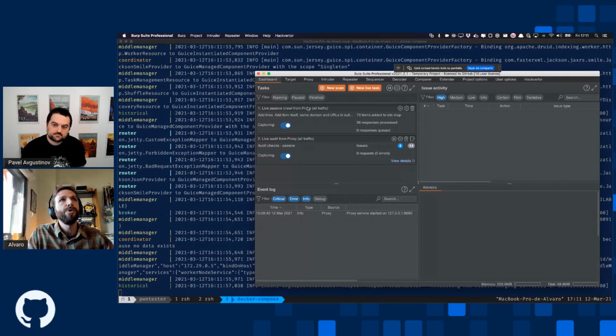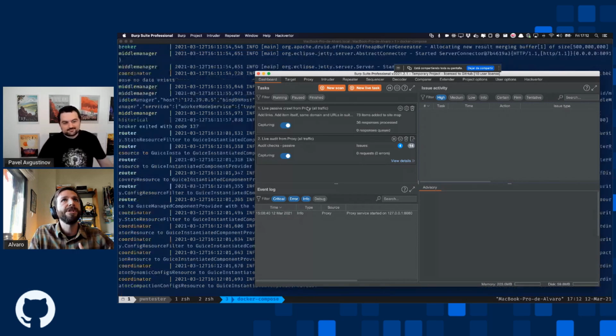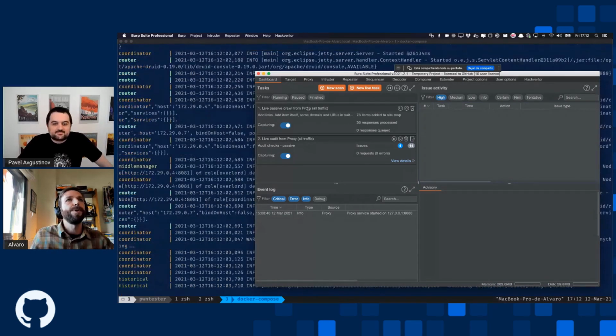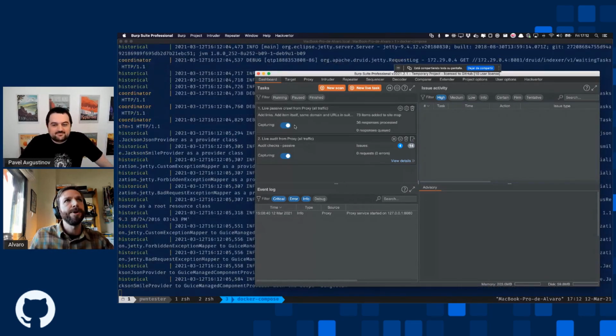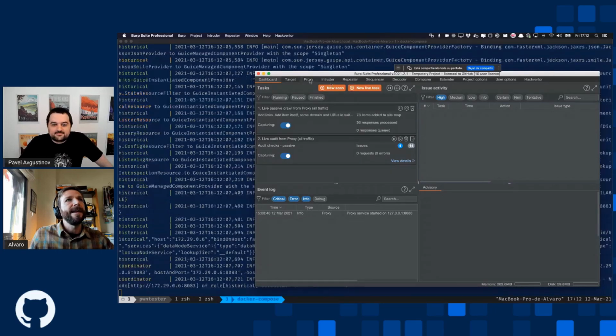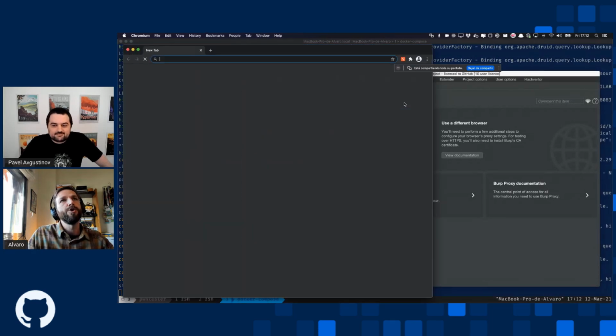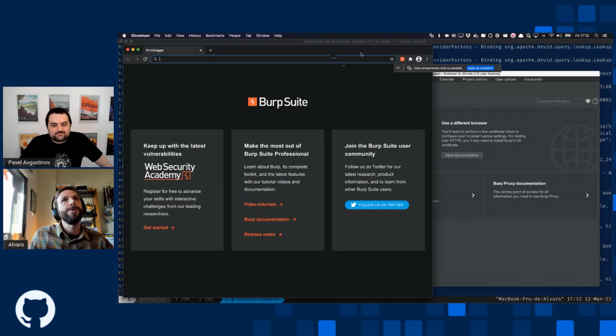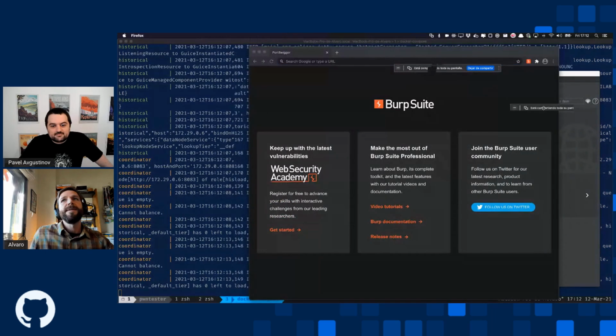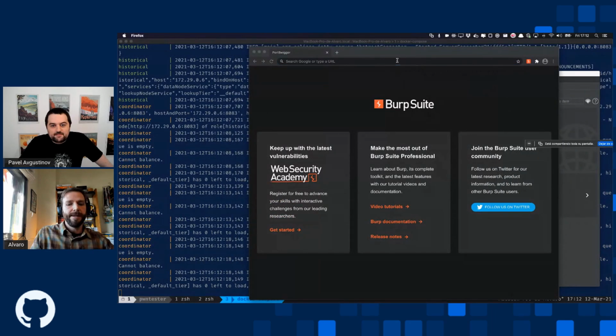And for that, what we are going to do is use Burp, which is probably the most popular interceptor proxy. In the latest version, they have this nice feature where they allow you to open a browser, which is automatically configured to go through Burp, right? So the only thing that we need to do here is see if